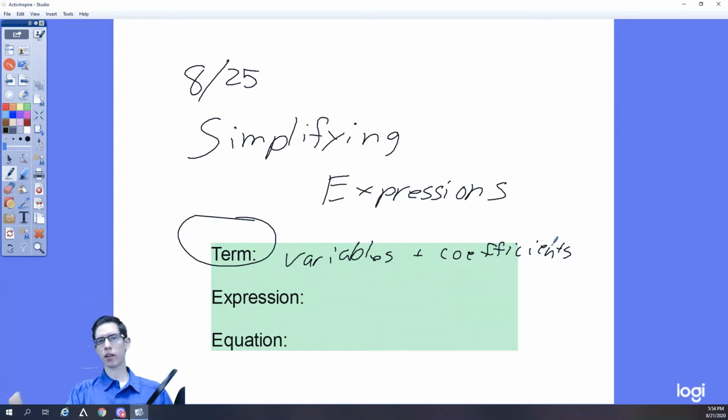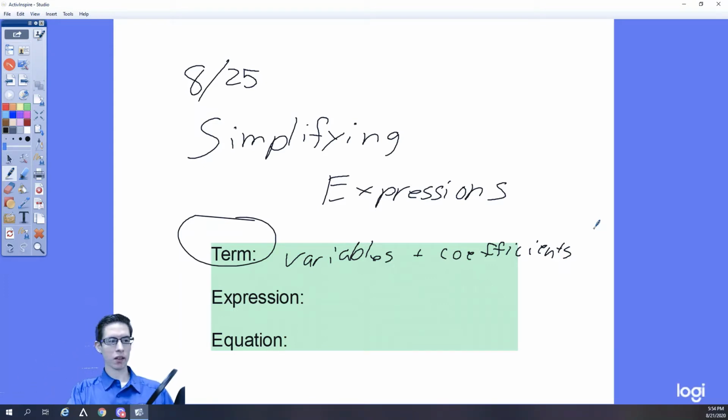I'll try to point out what each one is to give you some clear examples of what I mean when I say term. Variables are the letters that we use to represent values that maybe we don't know what the value is, or maybe we have something to substitute in. And coefficients are the numbers, like 1, 2, 3, 4, and so on. Coefficients can be positive, they can be negative,